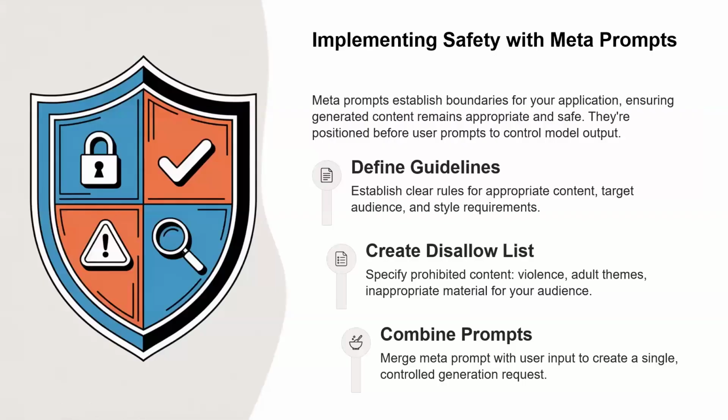So now we're going to implement safety with meta prompts. Now, meta prompts allow us to establish boundaries for the application. They ensure that whatever is generated is appropriate and safe, right? They're positioned before the prompts to control the model output. So they define guidelines, they establish clear rules for appropriate content, target audience, and styles. So if our scenario app, the Edu for All, is for children, we don't want them to have access to inappropriate content. We don't want our model generating inappropriate content for the kids because, like I said,